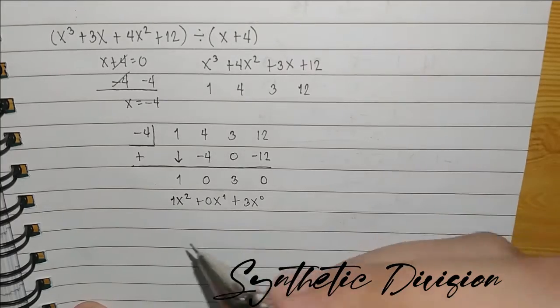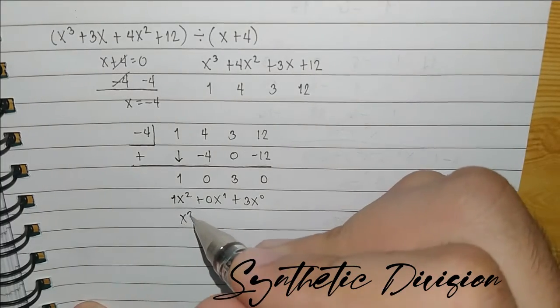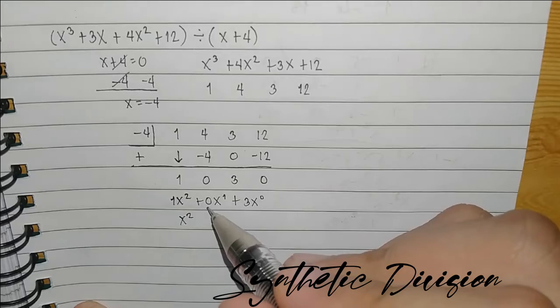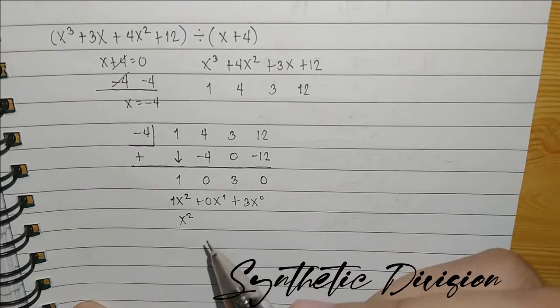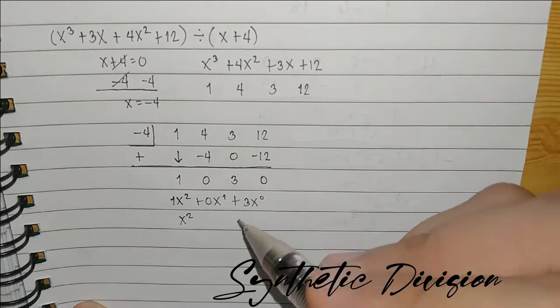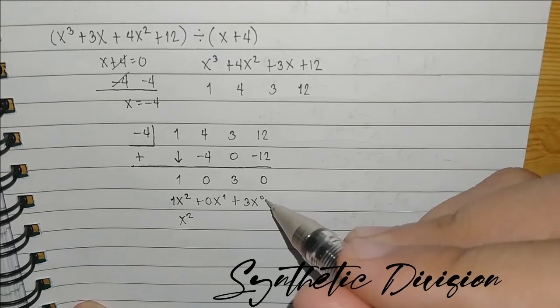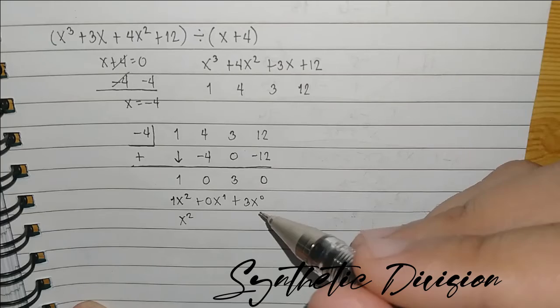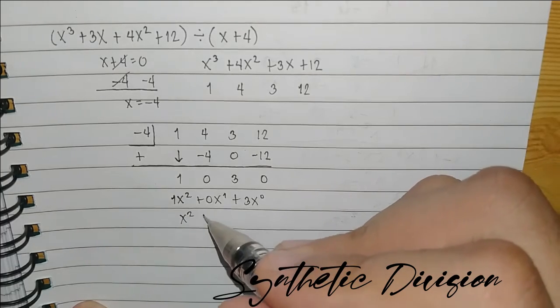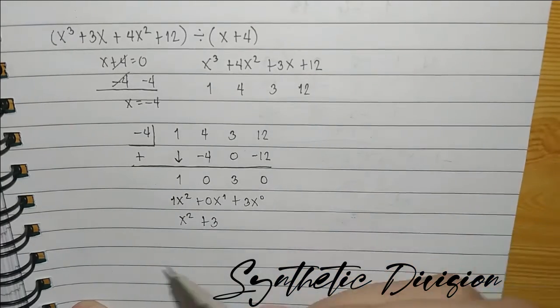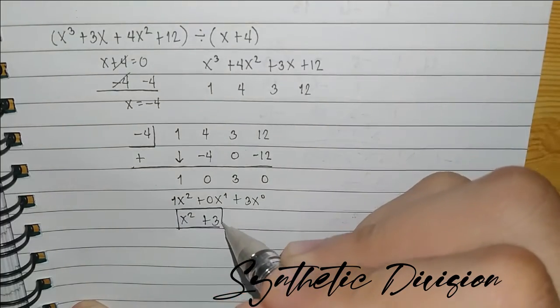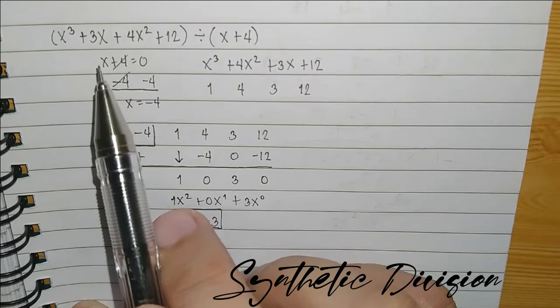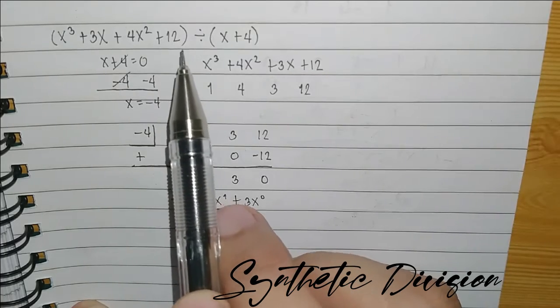Ngayon, 1x squared is simply x squared and 0x to the first power, meaning mawawala na siya kasi 0 yung kanyang numerical coefficient. And then, 3x raised to 0, the variable raised to 0 is equal to 1. So, ibig sabihin, x squared plus 3. And this will be the quotient of the polynomial x cubed plus 3x plus 4x squared plus 12 divided by